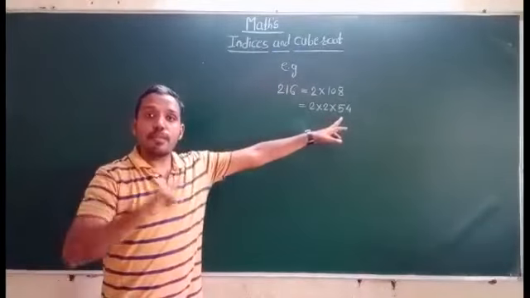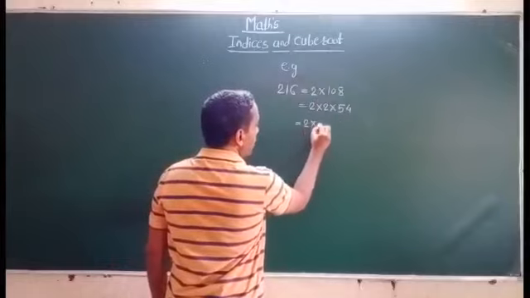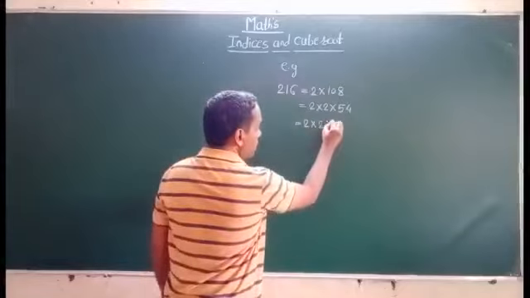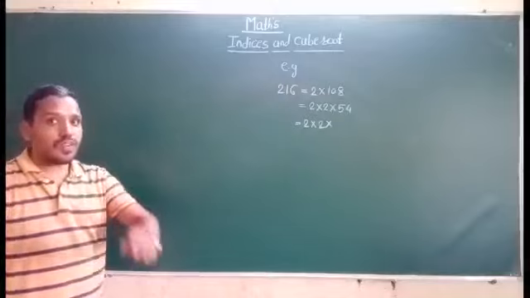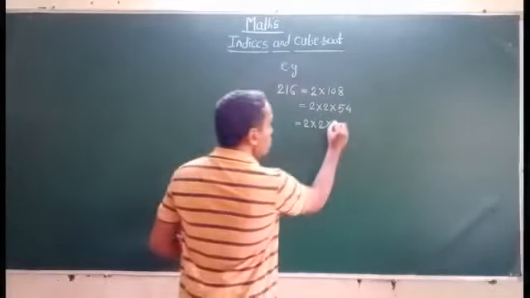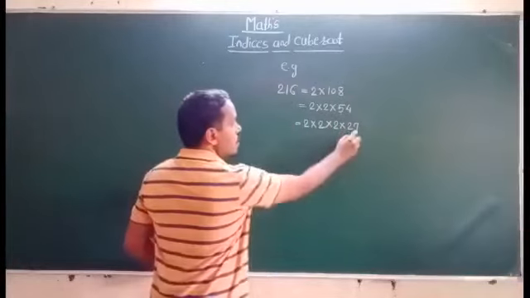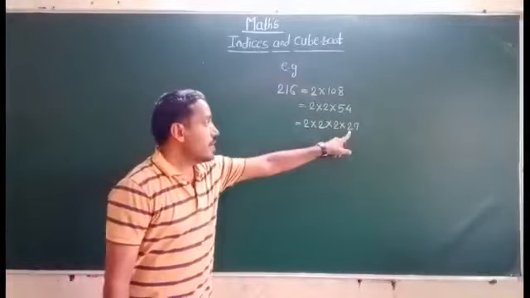54 is again a composite number, so we again draw the prime factors of 54. We write down that 2 again, and then try to divide 54 by 2. Yes, obviously 54 is again divisible by 2. We get the answer and write it in product form: 27 times 2, so we get 27.